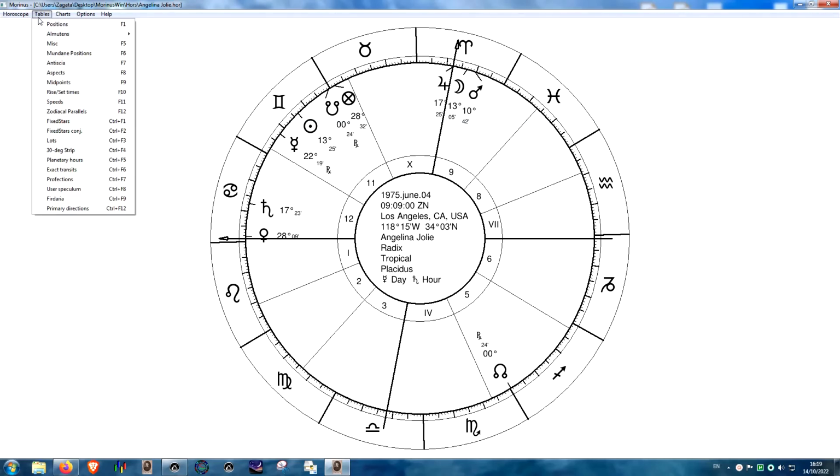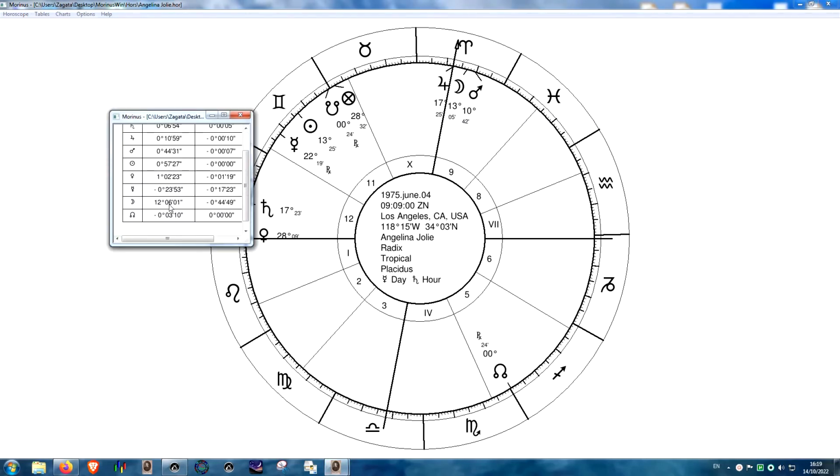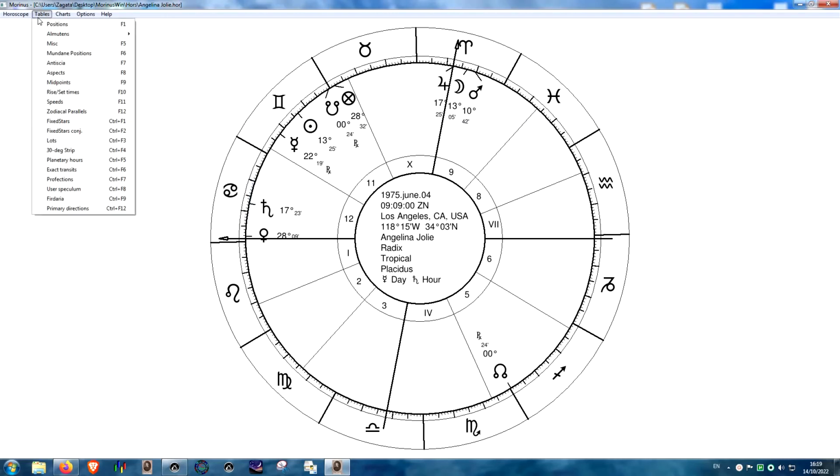For example, if you see right here, I noticed the moon moving at 12. The average daily motion is about 13.5, so this is an extremely slow moon. I've even seen a moon below 12 degrees per day. Next,